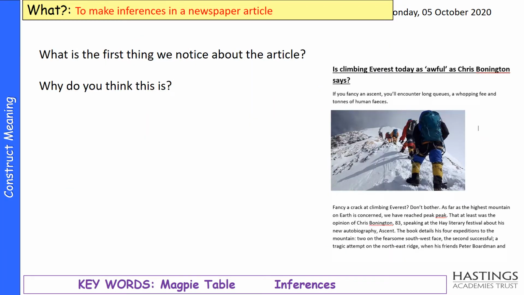Okay. So, looking at the article, there will be a copy of this on class charts for you to help you do the rest of the work, but here is a picture of it just so you can get a first impression. So I want you to write down what the first thing you notice about this article is and why you think that is. So in a full sentence then, the first thing that you notice about the article is because...